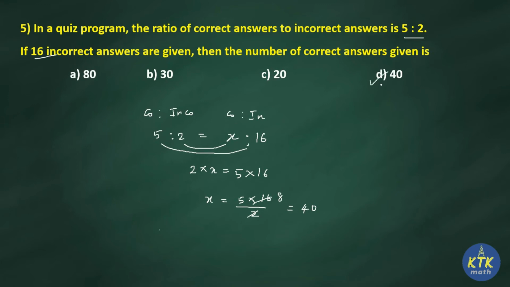By reading the question, you must write this statement correctly. If you write 5 is to 2 and x is to 16 as equal, then you can get the correct answer. But if instead of 5 is to 2 you write 2 is to 16, or instead of x is to 16 you write 16 into x, then the entire concept would be wrong. So be careful when writing the ratios properly. Correct to incorrect, so correct should come first. I am assuming it as x, then for incorrect you write the 16 given in the question. Okay, we'll go to the next question now.